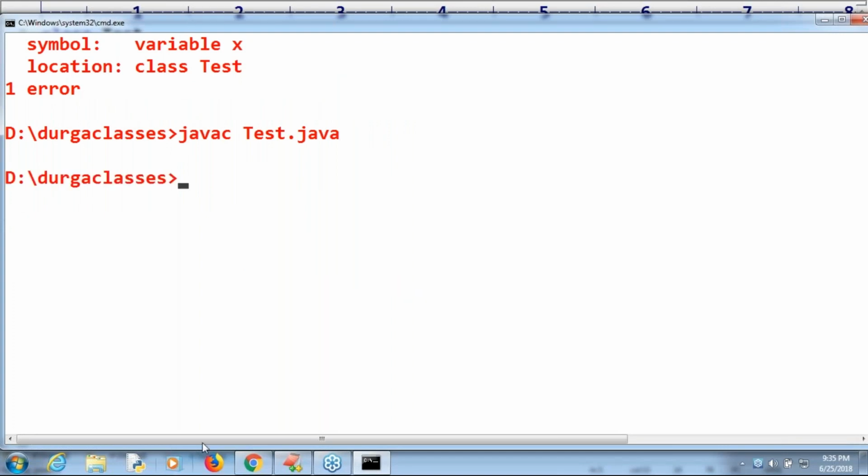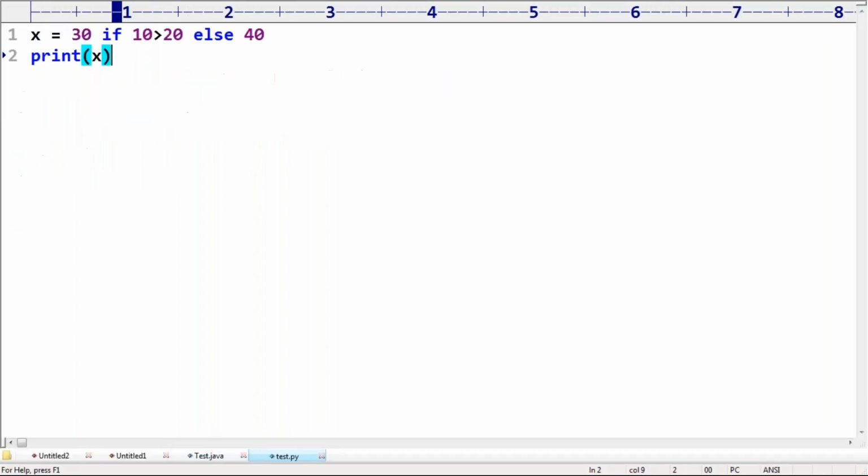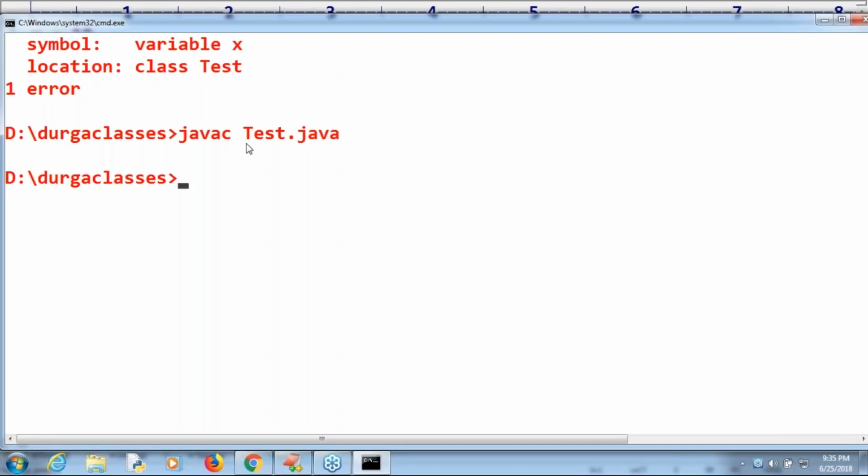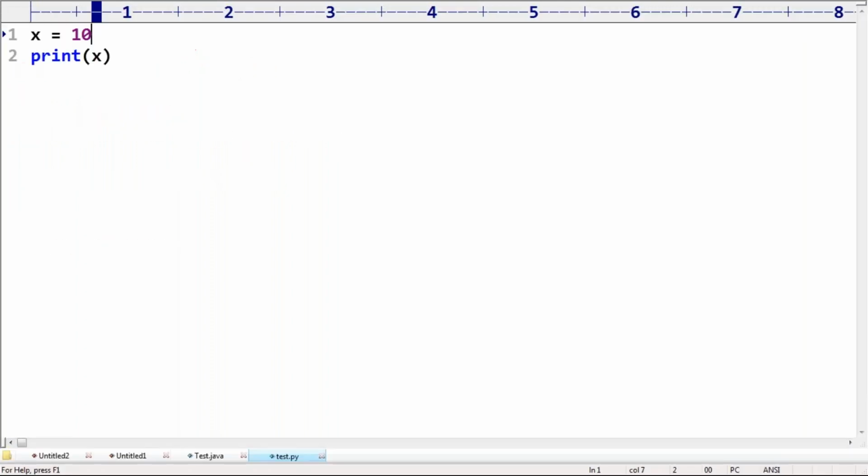But in Python, observe, we are not required to do anything, sir. Just x is equal to 10, that's all. Print of x, if I write it like this, Python is never going to ask, hey, what type is this x? Directly 10 is the answer, because based on the provided value, Python automatically identifies the type of x. We are not required to worry.